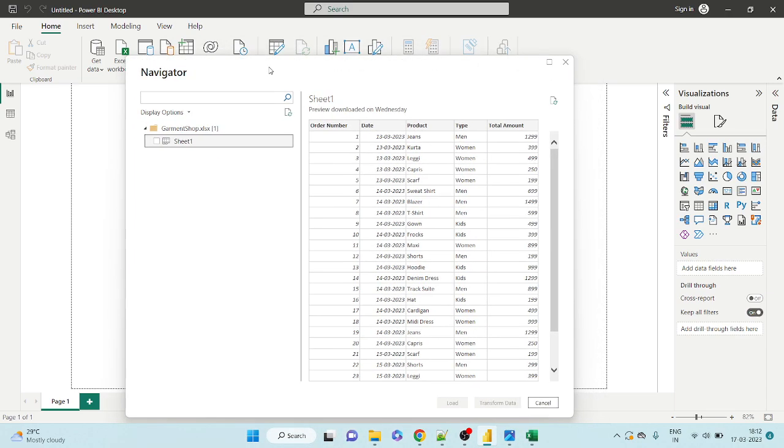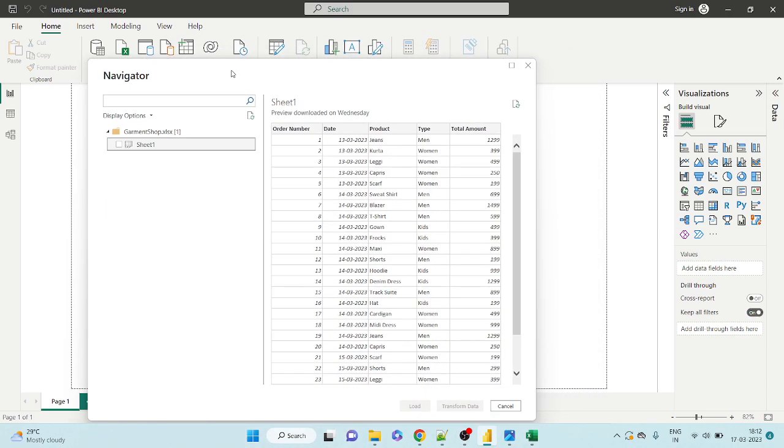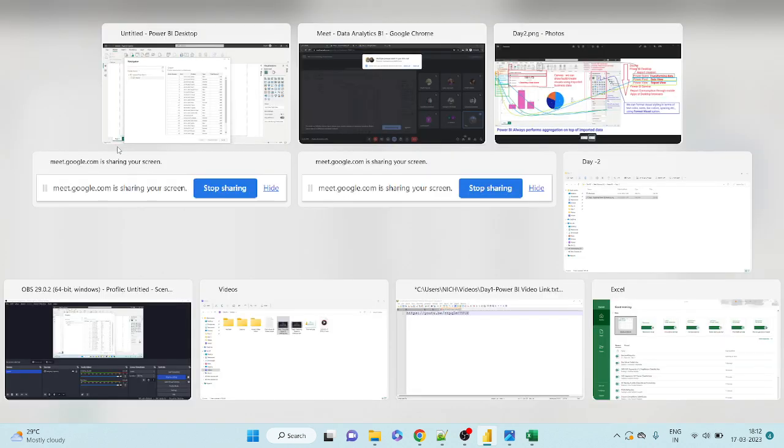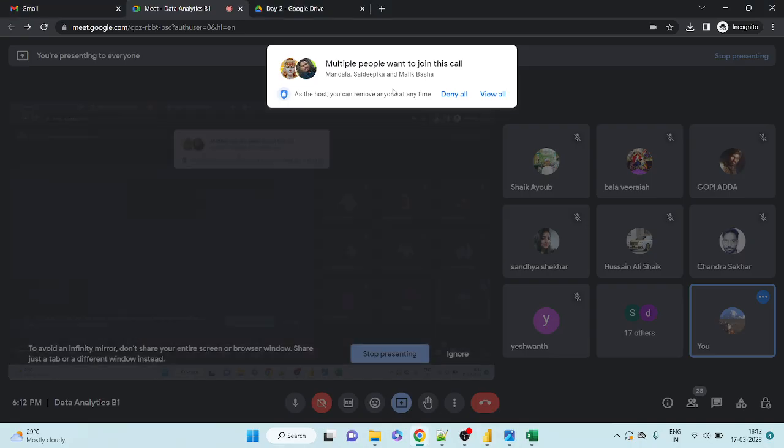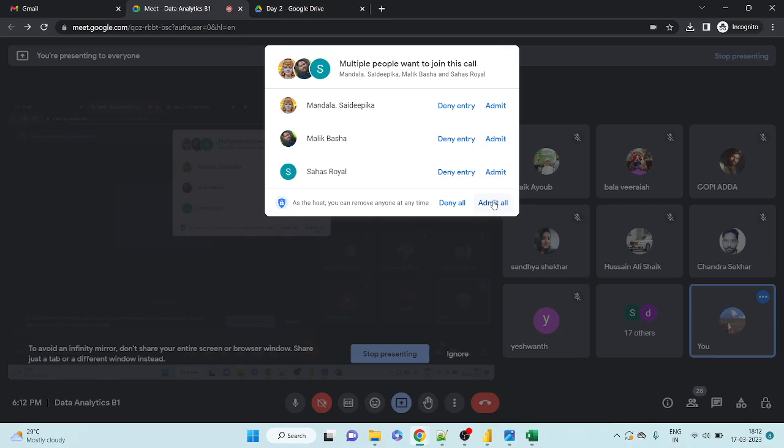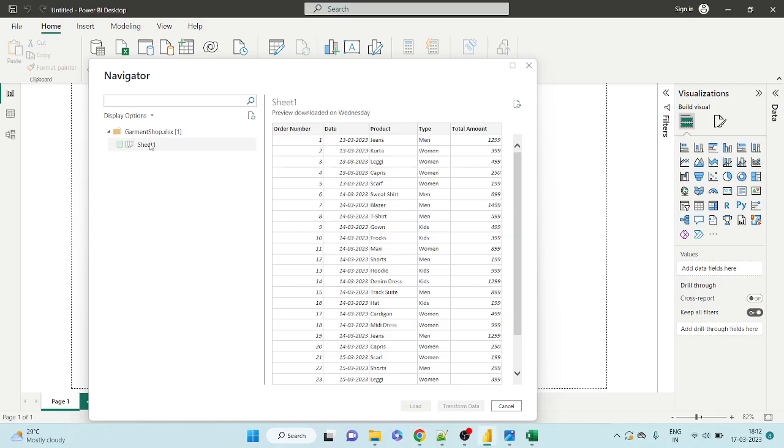Guys, closely follow. See here, I'm selecting this sheet. I'm just selecting the sheet. I'm not checking this checkbox. In general, in HTML terminology, we used to call this one a checkbox, where we can check. So I'm selecting sheet one, and sheet one presents me 27 rows of data, which is available in the